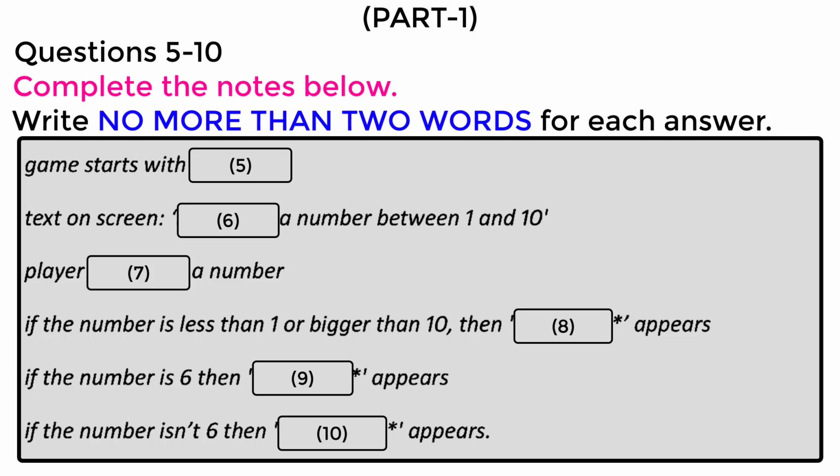I see. And line 60 says, if I equals 6, then print. Correct. So if they've typed 6, they've got it right. And if they haven't typed 6, which is the next line, then try again comes up on the screen, and that takes them back to where they choose another number. It's clever. Well done. That is the end of part 1. You now have half a minute to check your answers.